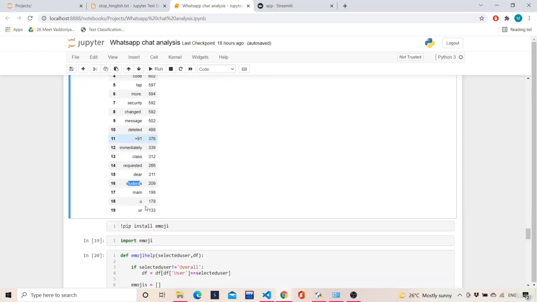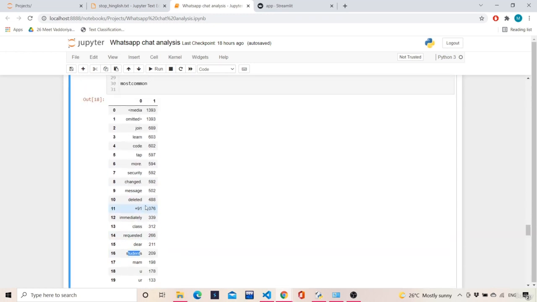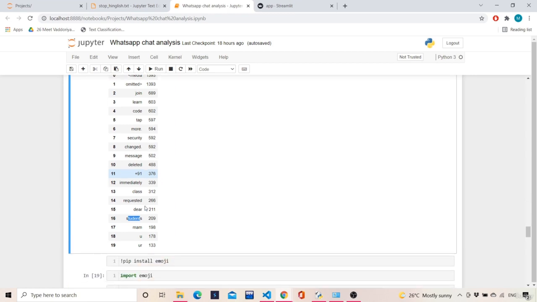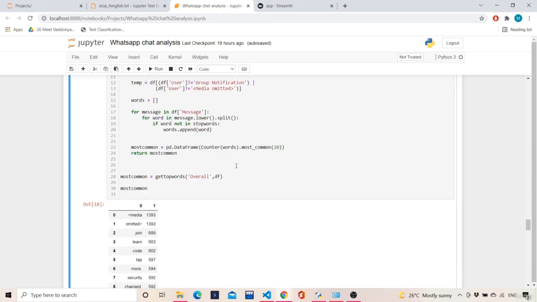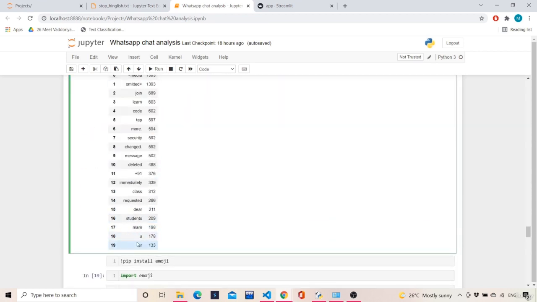So these are all words which are not stop words, but there are a few words which can be considered stop words, like you are, but you have to manually type them in if you don't want these kinds of stop words, because they are not present in this list, I think. Yes, they are not present. Single letter characters are not present either, and that may be a small issue, but it is okay. If you sort it till the 10 most commonly used words, you will not get these words anymore.